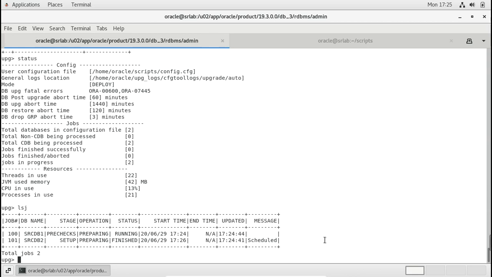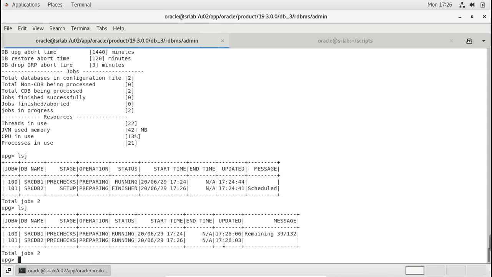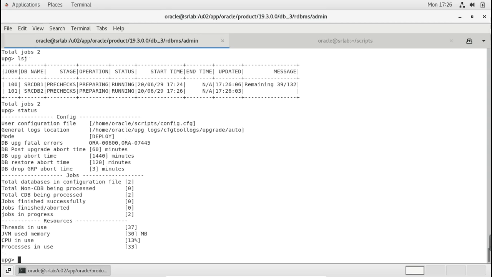So let's see how it goes, and I will keep you updated on this video. Let's just wait a few more hours. You can see here the pre-checks are preparing and running for SRCDB1, and SRCDB2 pre-checks are also running. Okay, status. You can see here the estimated times during this upgrade.